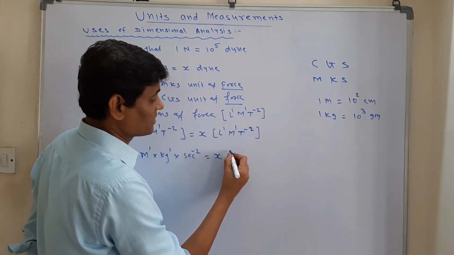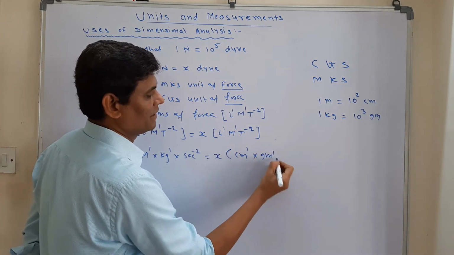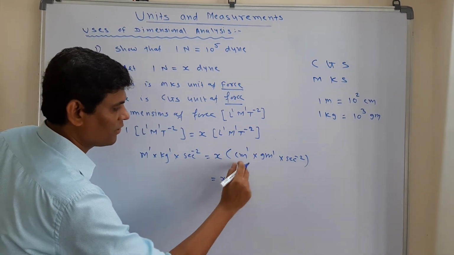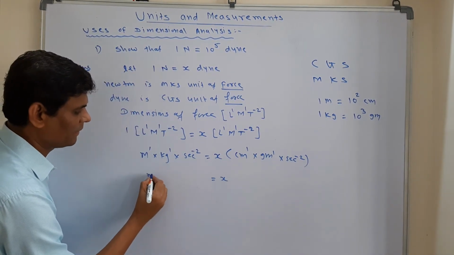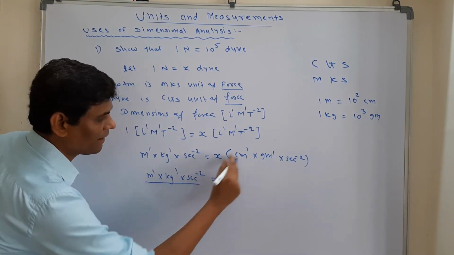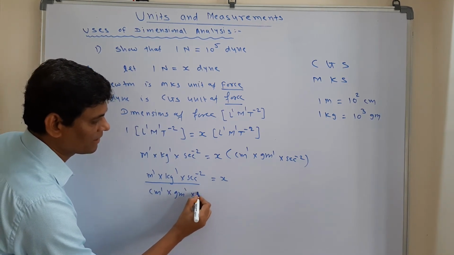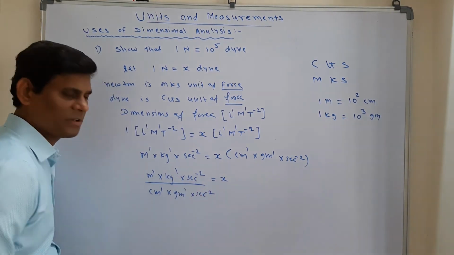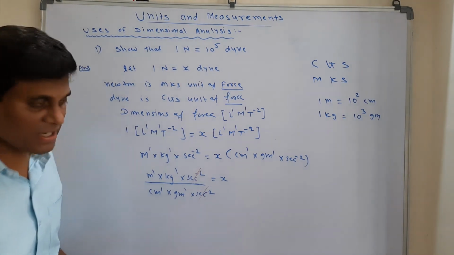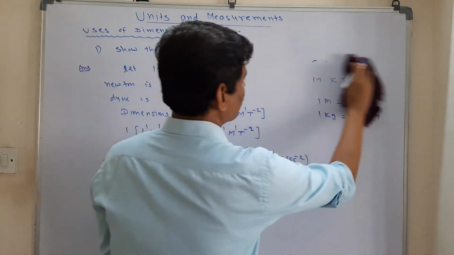This length is in centimeter, raised to 1. This mass is in gram. This time is in second. Okay. So we want x. So x is equal to, this will come here, mathematics. Meter raised to 1, kg raised to 1, second raised to minus 2, dividing by this side centimeter raised to 1, gram raised to 1, second raised to minus 2. Second you can cancel here directly. There's no problem. Okay. So what is x equal to we have now? X equal to we will get, we'll write on this side.